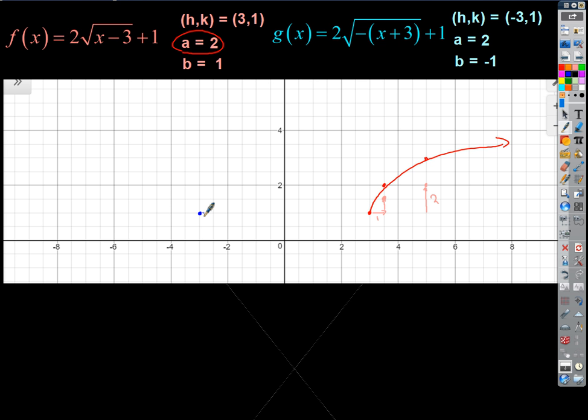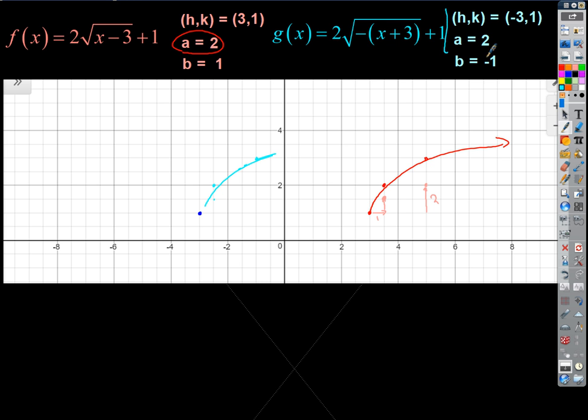It's reflecting horizontally, isn't it? So normally we would be going over 1 and up 1, right? But because we're stretching by a factor of 2, isn't that putting that one up there? Normally we would go over 4 and up 2, but we're going to go over 4 and up 4. So that's